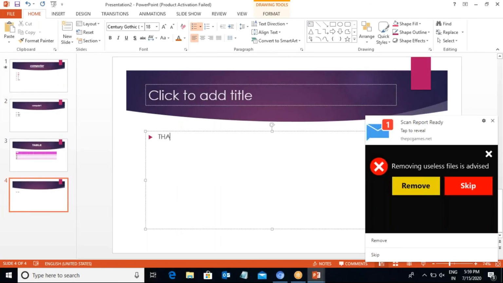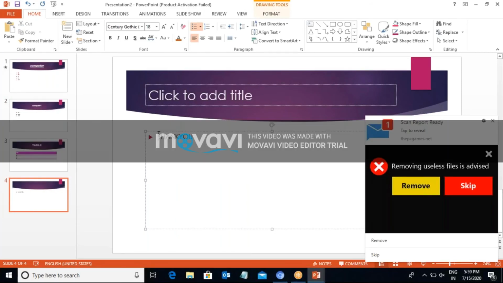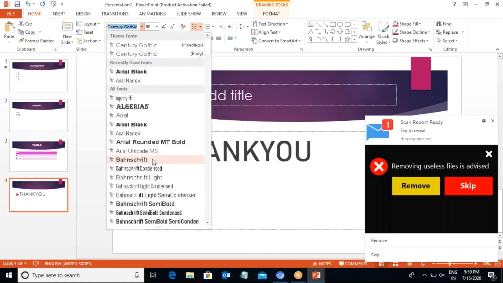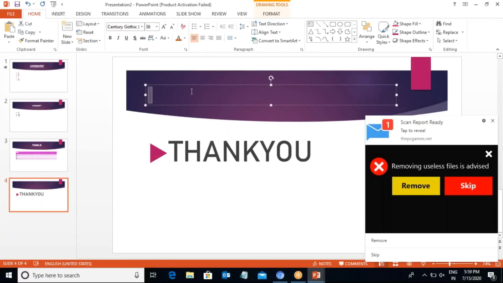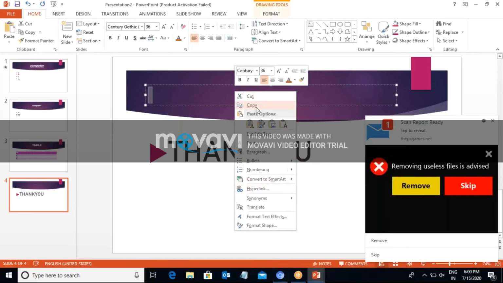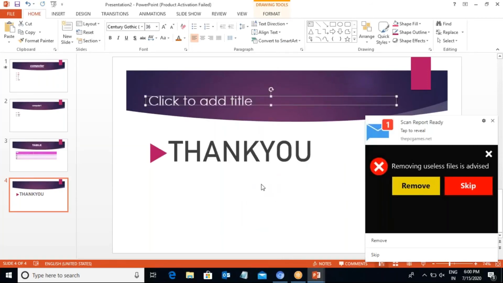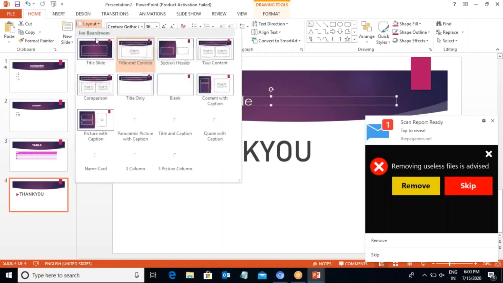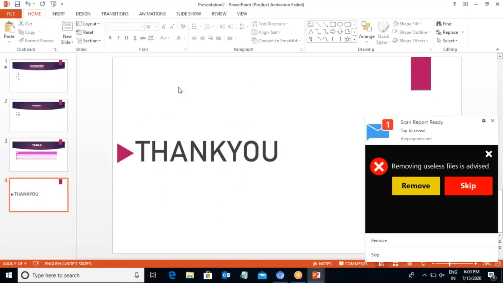We go to Layout and only blank will be shown.